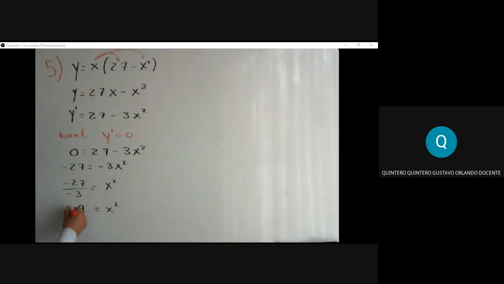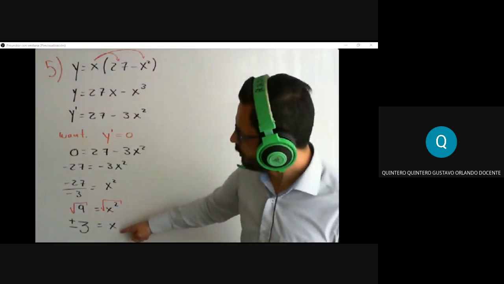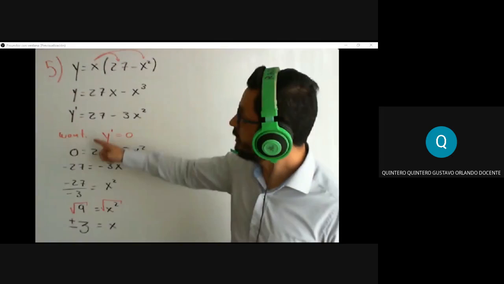By doing the square root on both sides, we can cancel the square on the x, right? But the square root of 9, some people will say it is 3. Well, it is not only 3. It is also negative 3. So we have two possibilities, positive or negative 3. Remember, the square root of a number is both positive and negative, right? So there we go. We have the coordinates for x for which the derivatives were